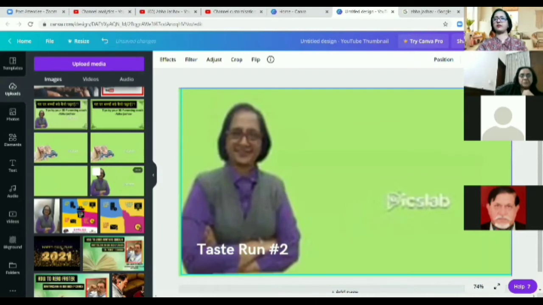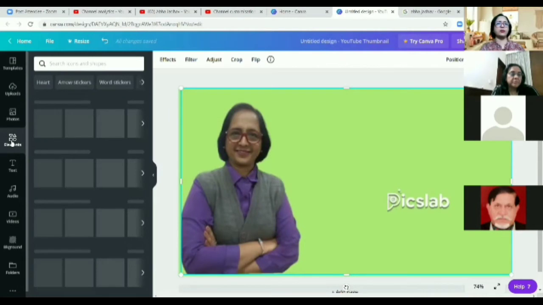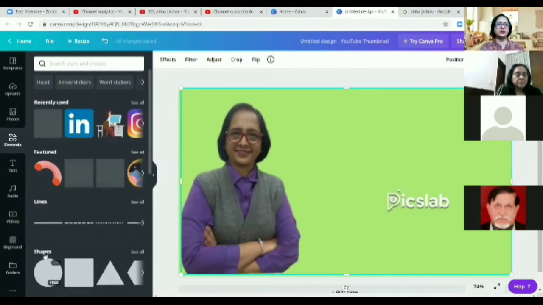Color will also remain the same. I have adjusted it too. Now, see, as I have not taken the paid version of that app, its name is coming over here. Watermark is coming. So I have to hide it. So first I'll put my title. For that, I'll be using one black bar. So I will be coming in elements. I'll be choosing shapes.